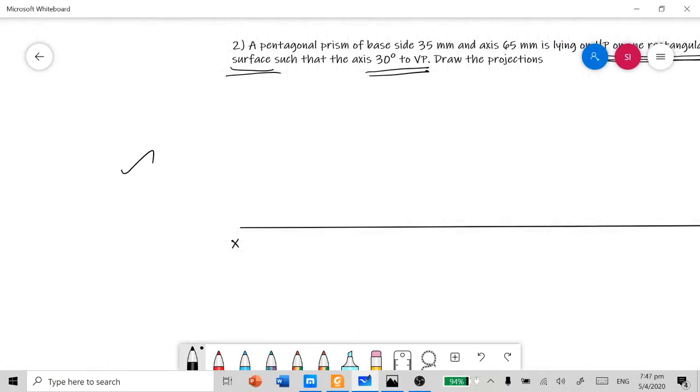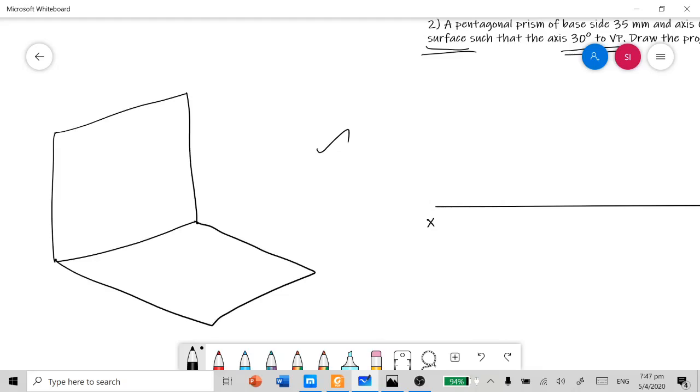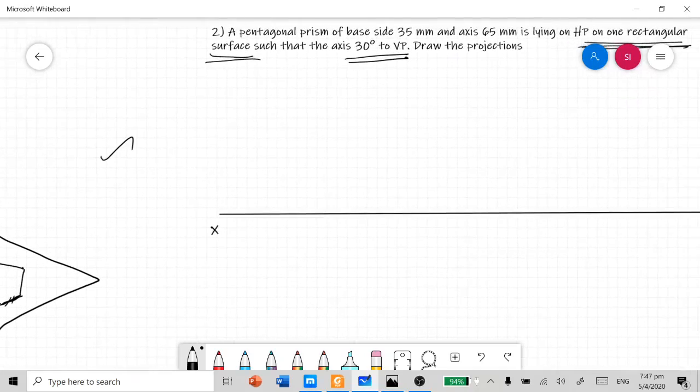How should the base be? Our pentagonal prism is going to rest on the horizontal plane by a rectangular surface. So you make one base edge parallel with the XY line, and it is going to rest on the XY line also.